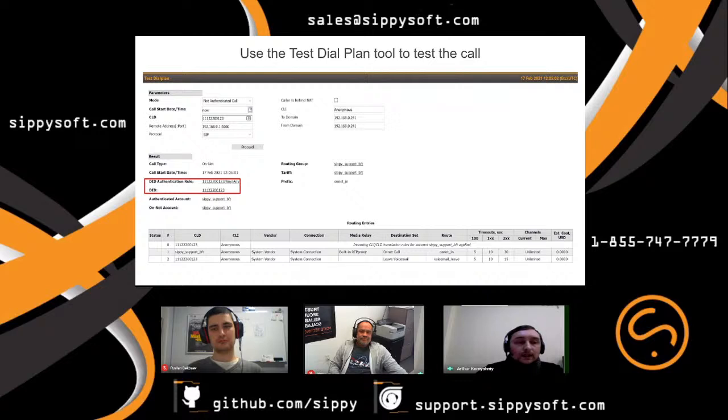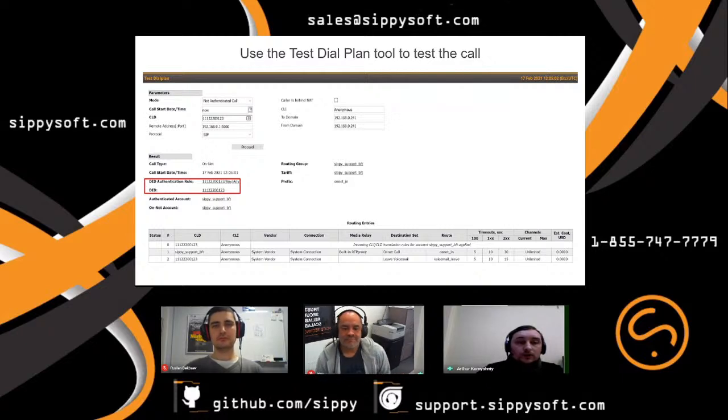When the test dial plan utility page has been opened, the switch operator should select the not authenticated call mode for the DID numbers. When you need to check the DID configuration, you should set the not authenticated call mode.